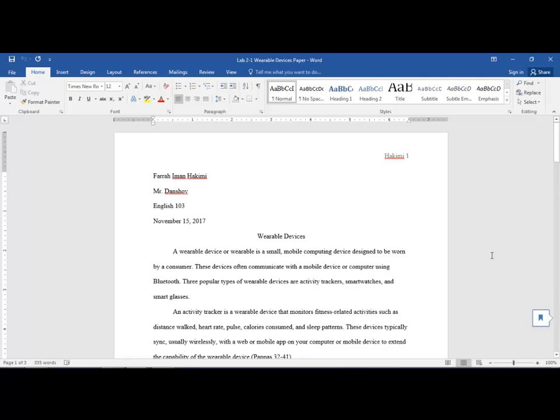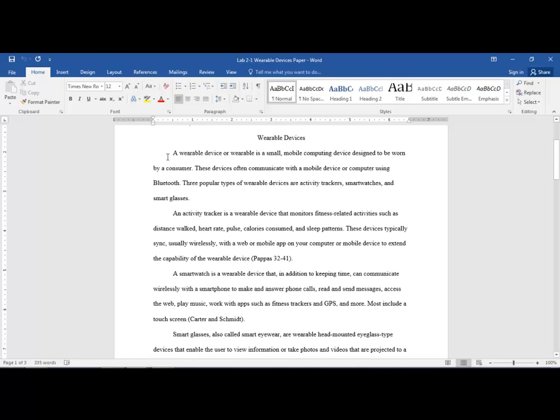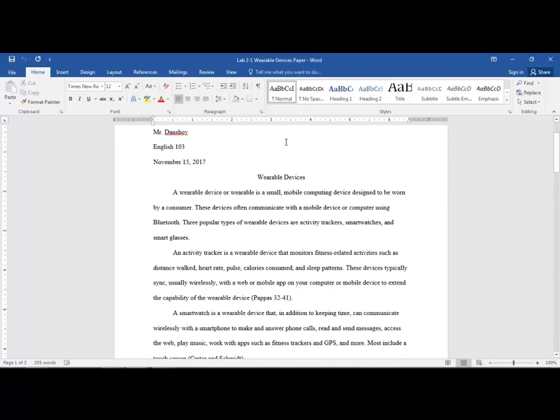And most college courses require an MLA style or an APA style. We're going to be doing MLA style in this class. So there's a setup of how the names will be, where your name, the teacher's name, and the class's names will be. You'll see that all paragraphs will be indented, they'll be double spaced, the title will always be in the center right in the beginning, and we'll also see that when you do cite a source, you can see